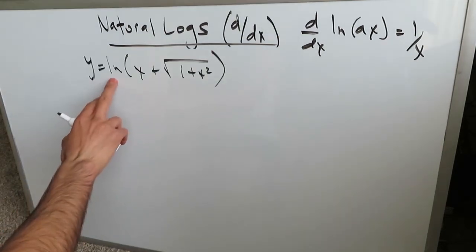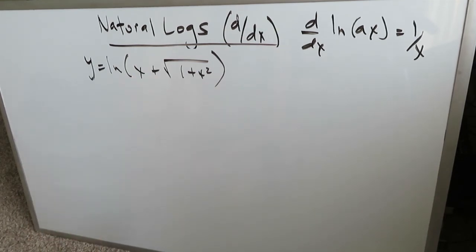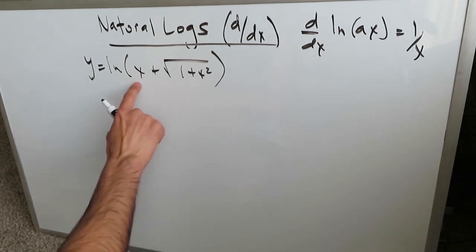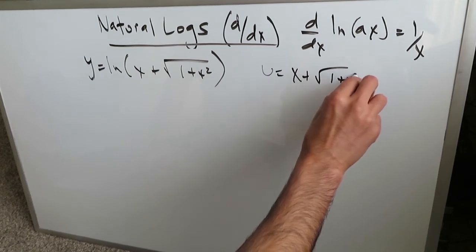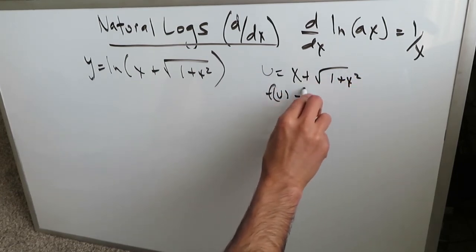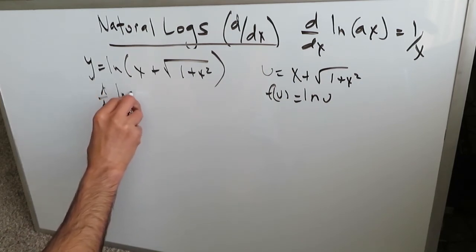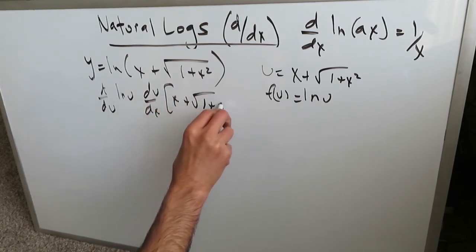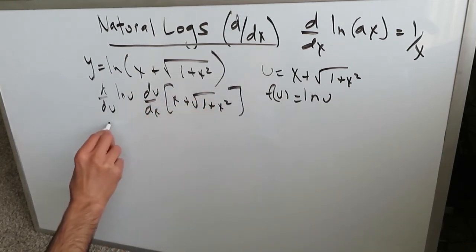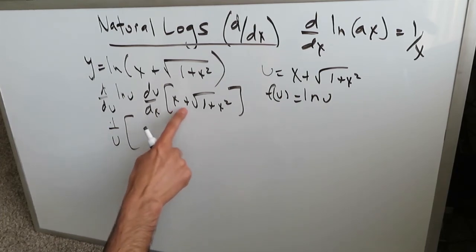So let's look at this question. You have the natural log of this entire composite aspect, and you know you have a composite function over here, so you have to employ the chain rule, which requires a substitution. This entire aspect over here represents your substitution, x plus square root of 1 plus x squared. Therefore your function with regards to that u is natural log u, and you bring in the chain rule over here, d over du of ln u, and then du over dx of all of this, x plus square root of 1 plus x squared. Now look over here, you can do the derivative of natural log u, you get 1 over u, and then you have to separate this,